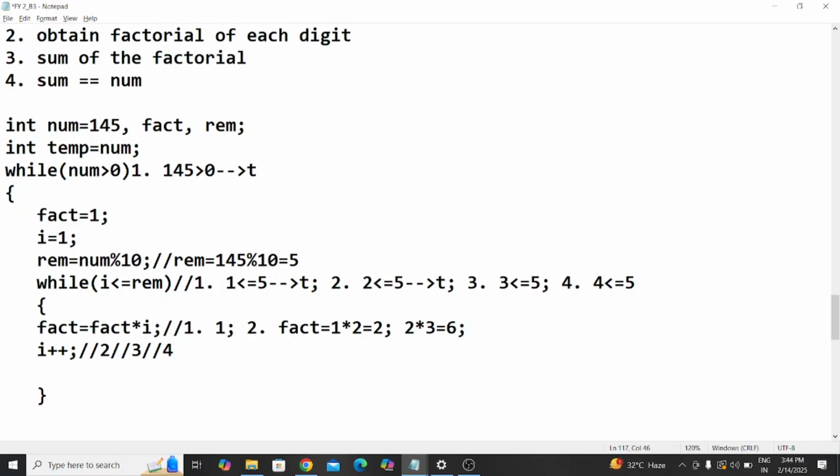6. Now it will be 6 into 4. 6 into the I value, which is 4. So 6 into 4 is 24. That is the value of fact. And now here the value of I will be increased by 1, that is 5. So at iteration number 5,